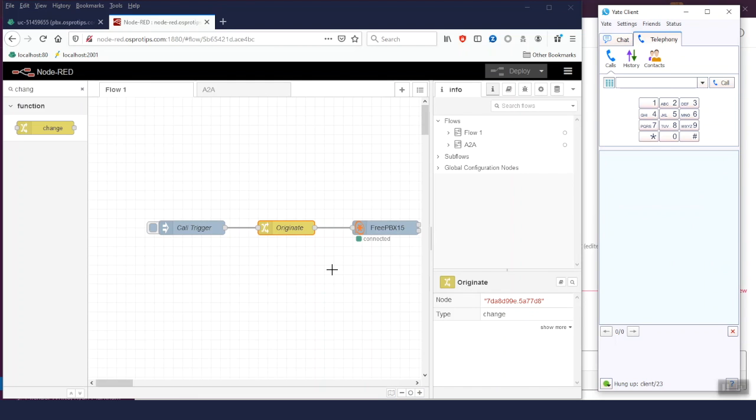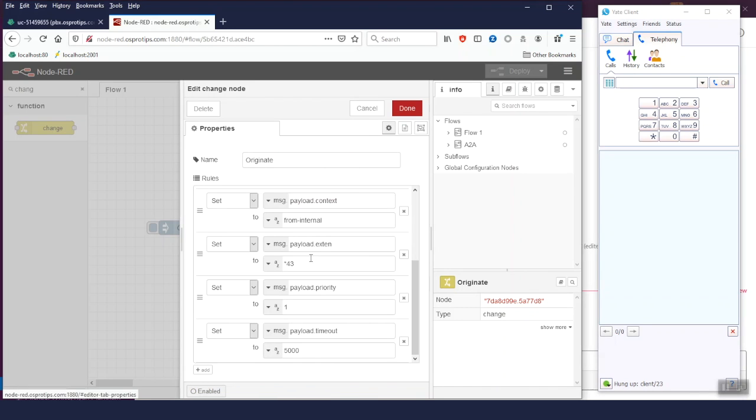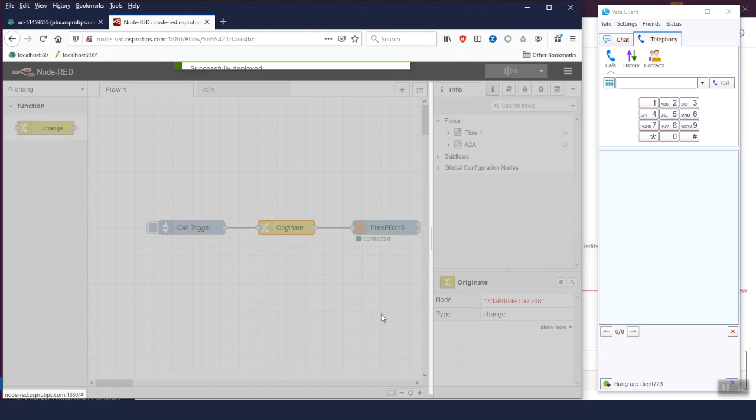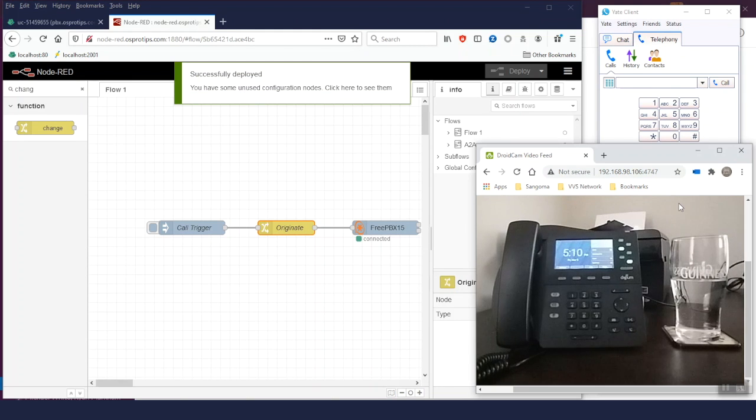And of course, we're not limited to dialing feature codes. We can dial whatever we want. And we do that by editing the change node and adjusting the payload for extend. Instead of dialing *43, let's dial 6003. That corresponds to a hard phone I have here beside me on my desk, which is already registered. I can deploy that change, and I should have a video stream for that device, and there's the video stream